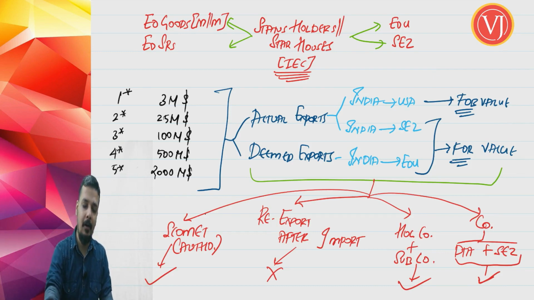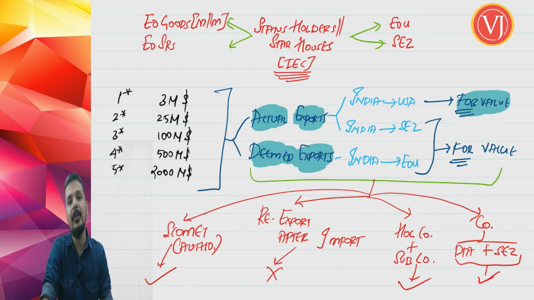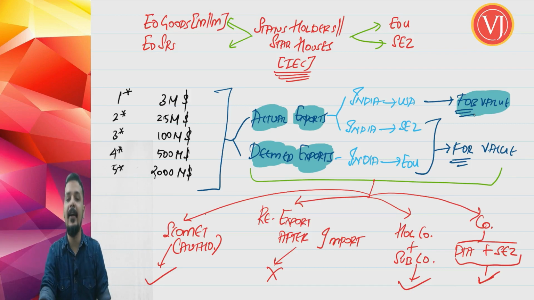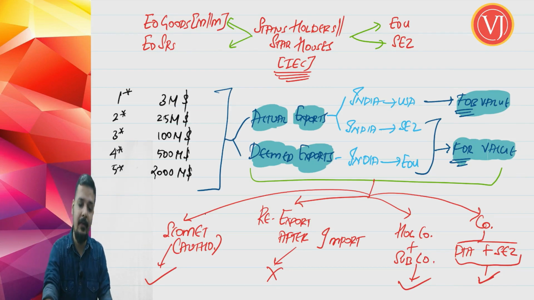So friends, what are the important points that we have discussed here? You are going to take into account your actual exports as well as deemed exports. For your actual exports, you are going to go with FOB value, free on board value, when the goods are actually loaded and handled at your customs port, customs airport or land customs station. And for deemed exports, and also the special economic zone, which is not deemed exports, you are focusing on FOR value, free on road value, that is roughly equal to the ex-factory price. And what is to be included and what is not to be included is very crucial and important.